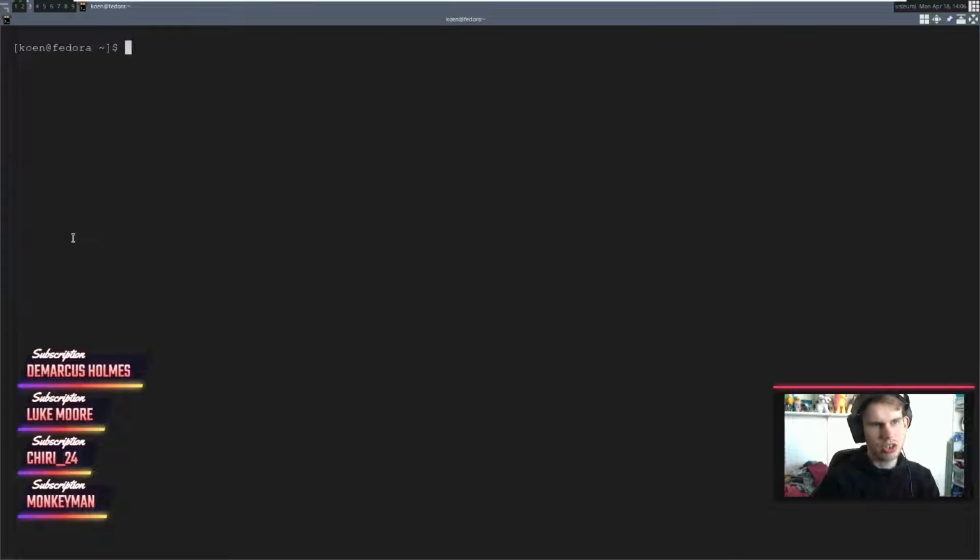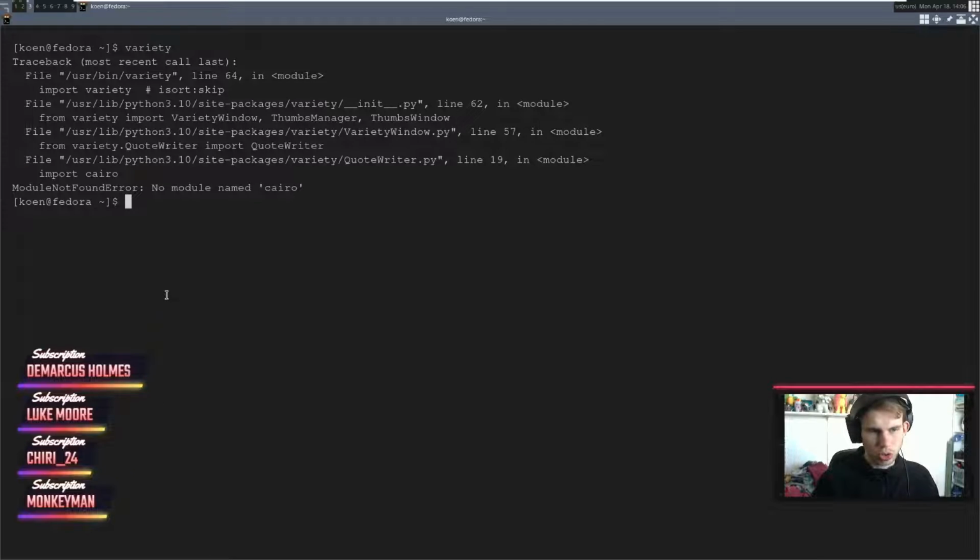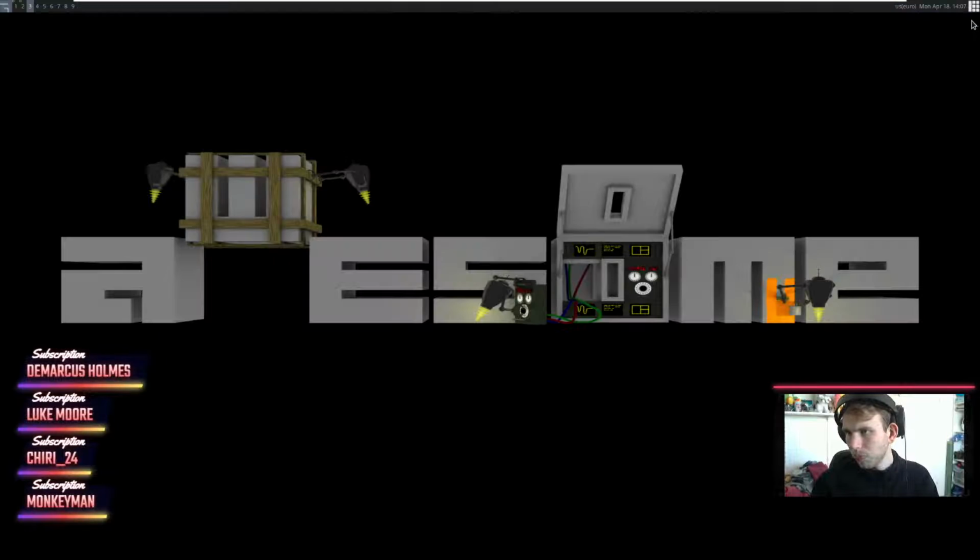Hang on, I can actually remedy that by just running Variety in the terminal. Oh. No module named cairo. Okay. That's a little bit weird.